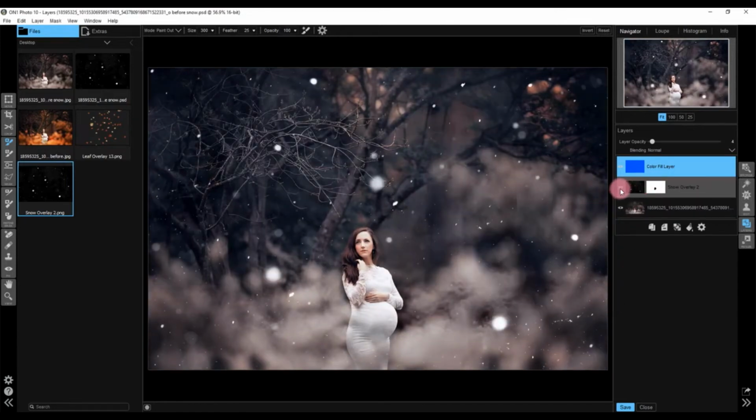Press OK, and we'll turn this layer back on. So now you can see we made it a little more blue, and again you can always adjust the opacity of that layer. That's nice for when you're blending in your layers. With snow you don't really need to blend it,